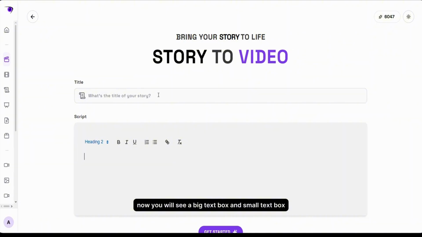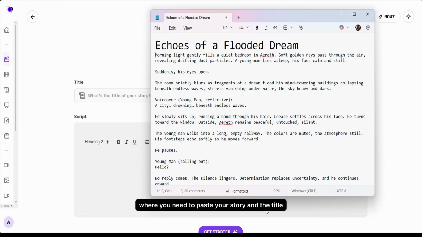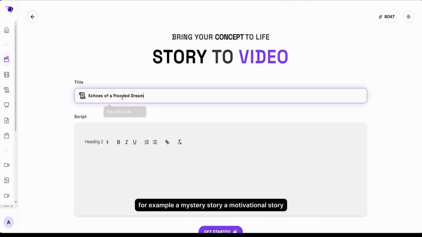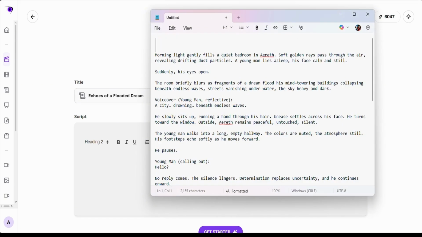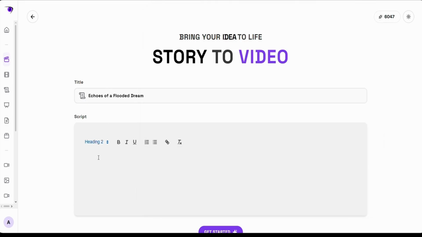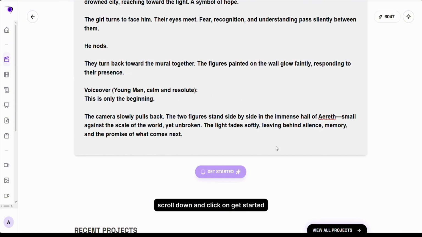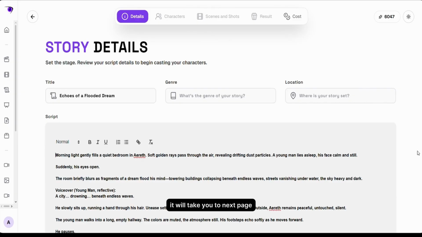Now you will see a big text box and small text box where you need to paste your story and the title. You can paste any story here, for example, a mystery story, a motivational story. After pasting the story, scroll down and click on Get Started. After clicking on Get Started, it will take you to the next page,